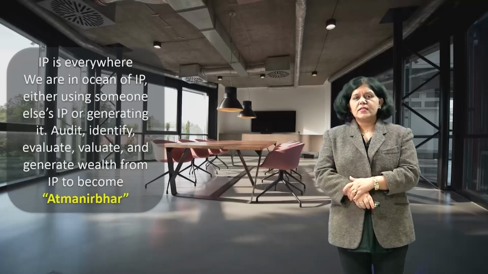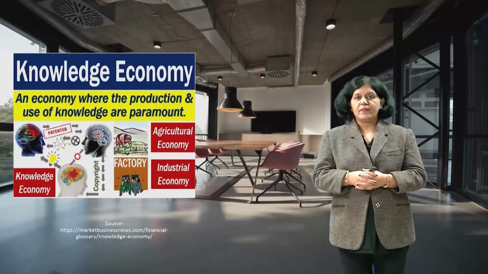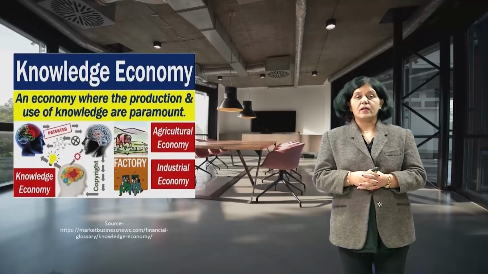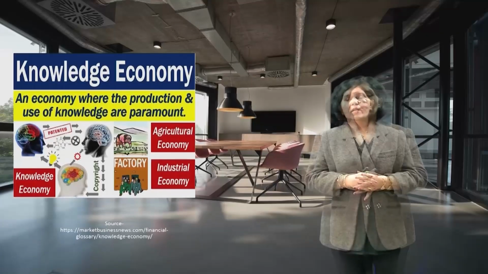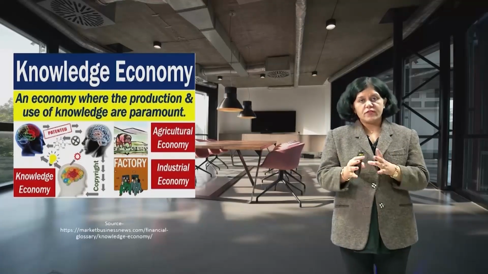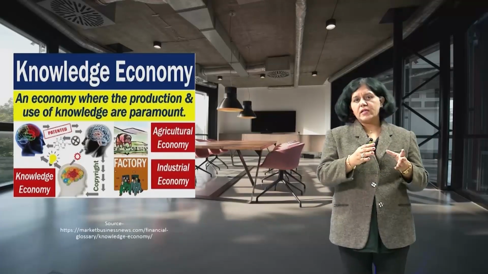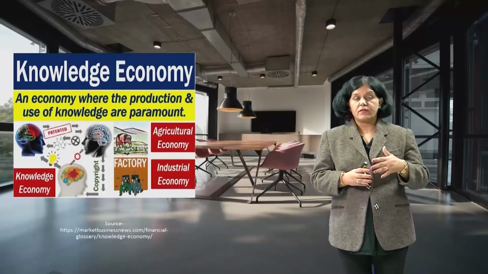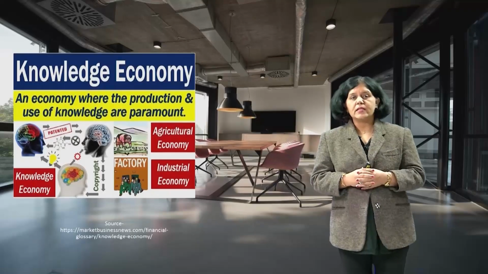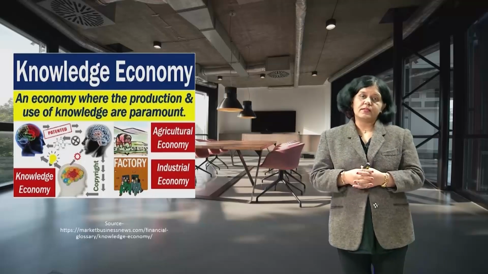Now, let us see one more example about the economy. When we are talking about Atmanirbhar Bharat and about the economy, we have to remember that we are in a knowledge economy where intellectual property obviously plays an important role. In 1980 there was a shift from tangible to intangible. What was that shift? Mostly before 1980 the assets of the organization were such that tangible assets were 80% and intangible assets 20%.